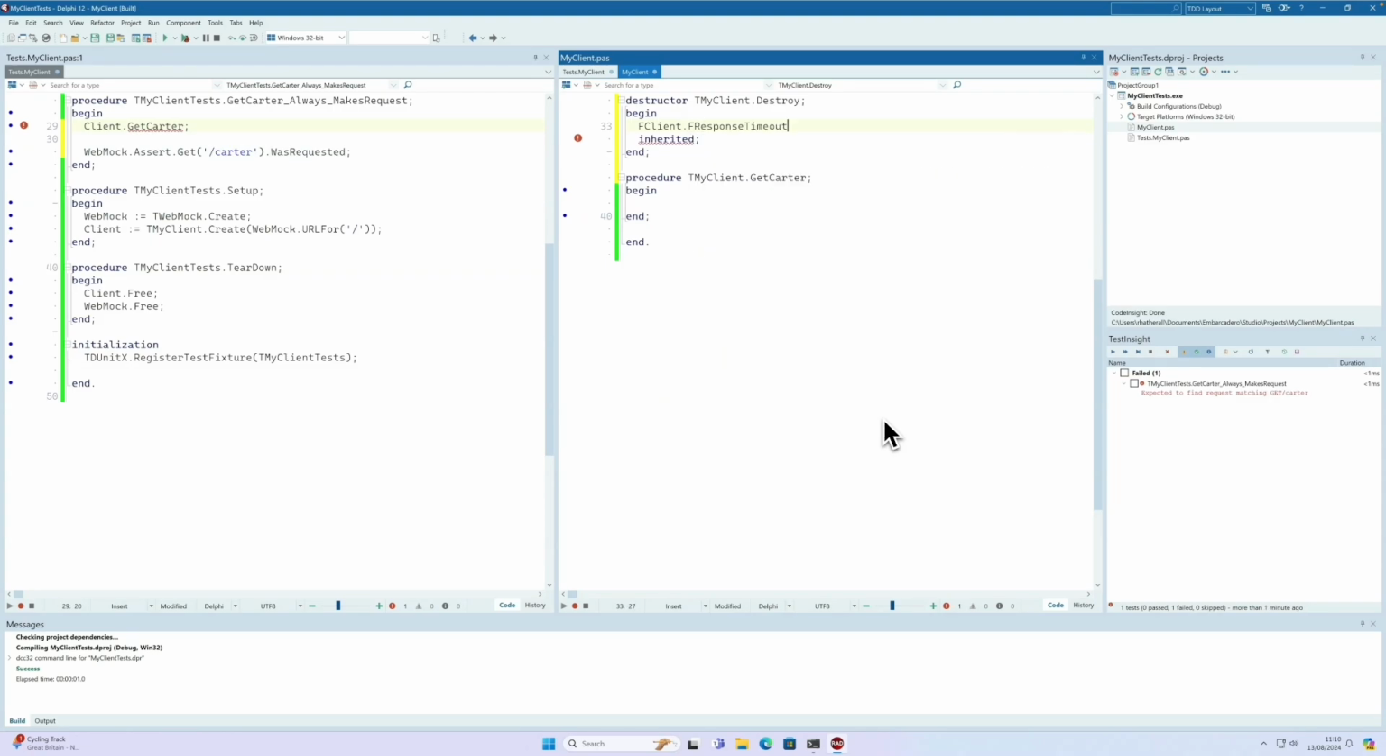and we then say F client dot free. So that should now give us a client to work with, and we can just say here F client dot get, and we are going to use the F API base that we initialized the client with, and we're then going to just attach onto it here the endpoint that we want to talk to, and we're going to say get Carter. So if we now compile and execute our test again, we can now see our test has succeeded,